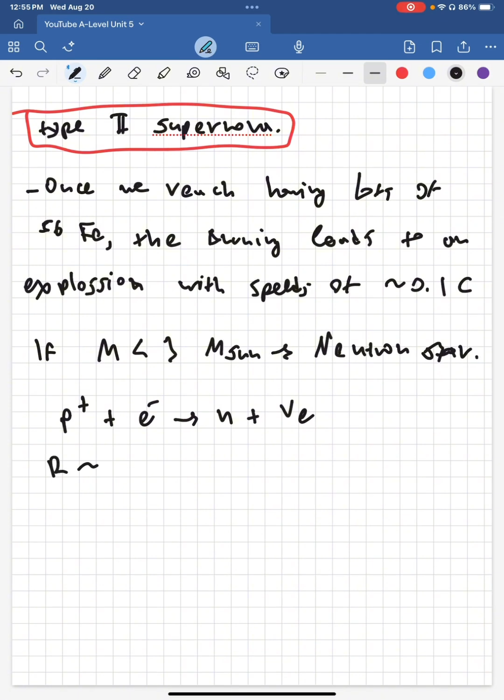Their radius is about 10 kilometers. So imagine how dense they are. You have 3 times the mass of the sun of material in a radius of 10 kilometers. So that's crazy. But if the mass of the remaining star is larger than 3 times the mass of the sun, then not even